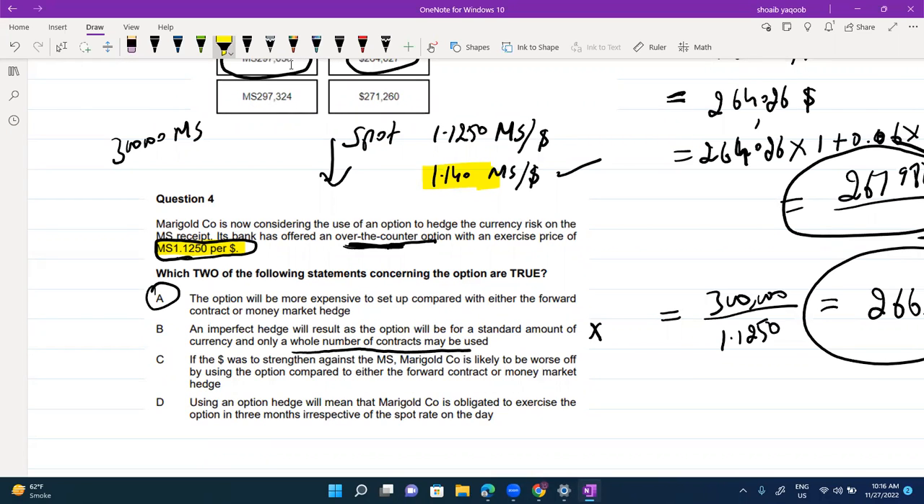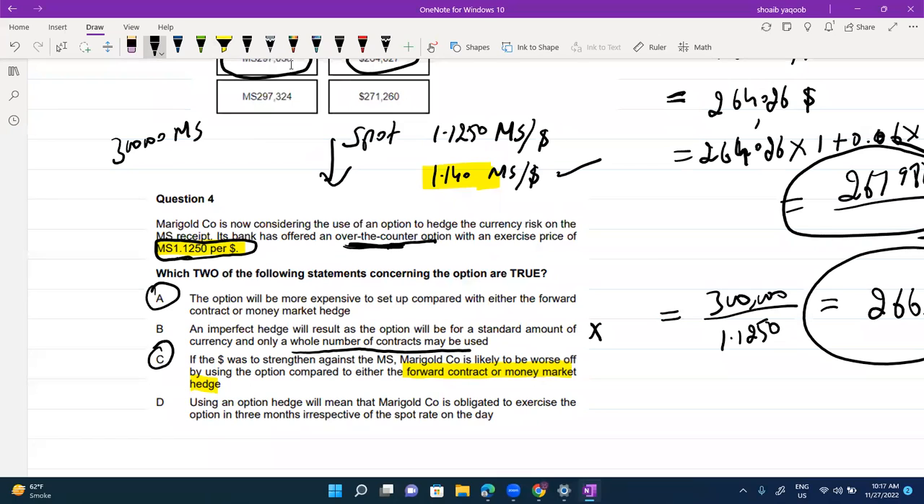ऑप्शन में जाएंगे, ऑप्शन में जाएंगे, लेकिन पढ़े कुछ, लिखा कुछ और हुआ है। इफ द डॉलर वाज टू स्ट्रेंथन अगेंस्ट द एमएस, Marigold company is likely to be worse off by using the option। वो कहता है आपको ऑप्शन में नुकसान होगा कंपेयर टू द फॉरवर्ड एंड मनी मार्केट हेज। यस, ऑप्शन आपका नुकसान ही दे रहा है आपको फॉरवर्ड और मनी मार्केट हेज के कंपैरिजन में। ठीक है, आप ऑप्शन यूज कर लेंगे, लेकिन ऑप्शन यूज करने में फॉरवर्ड एंड मनी मार्केट हेज के कंपैरिजन में आपको नुकसान।